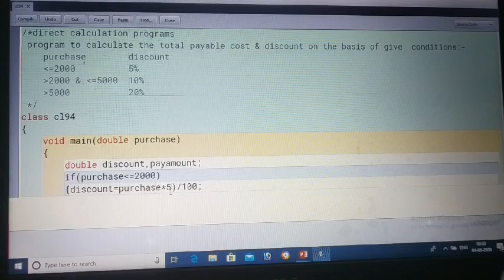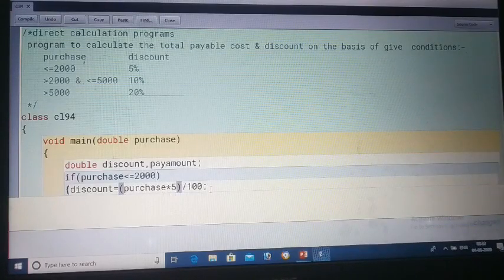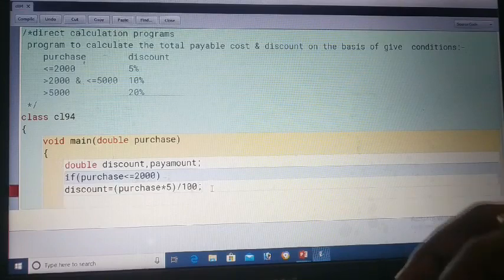Better you calculate it first, perform this calculation. Okay. After that, you will close this because one statement is there. No need to calculate the payable amount here, we can calculate that at last. So one statement is there, no need of writing the block. If one statement is there for one condition, you may or may not write the block. After that, we will proceed to else.